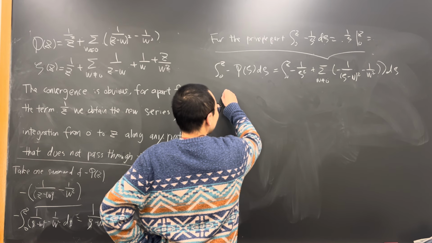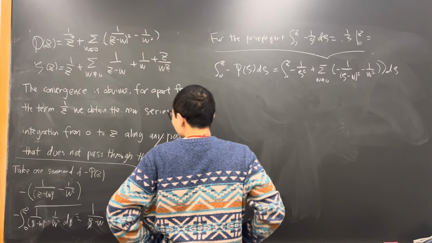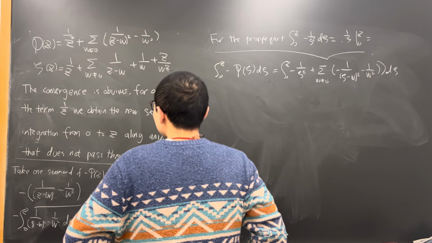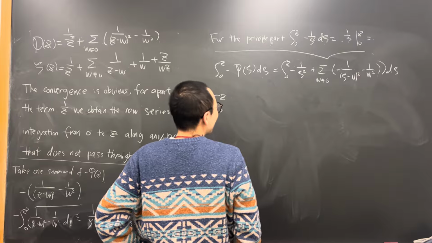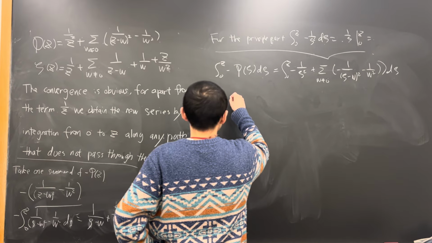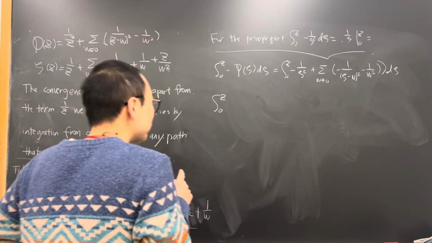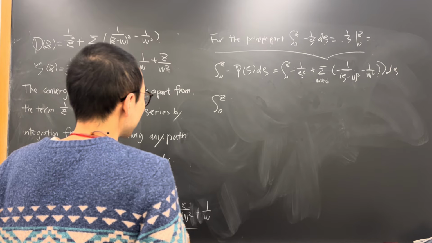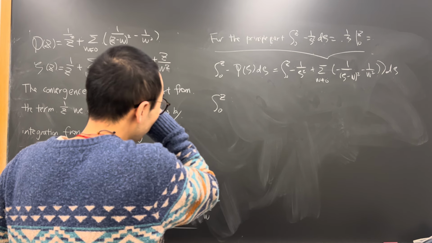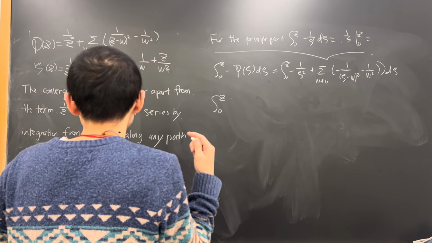Right. So if you do the integral from 0 to z of the rest part, I know that the rest part will definitely converge for the integral, because we know that it will converge for the integral if the path doesn't hit, right? So how would you guarantee that? Because since you are using the p, so the rest part is being derived from